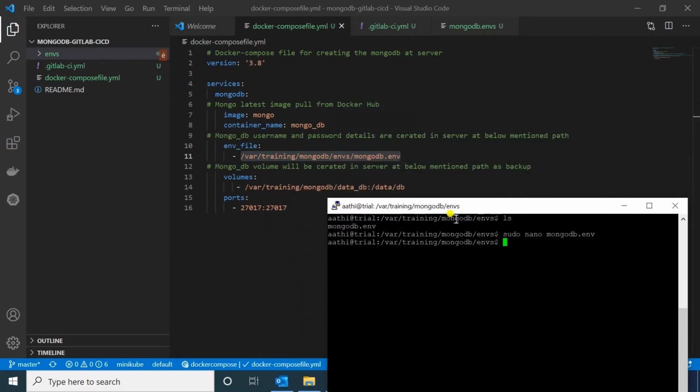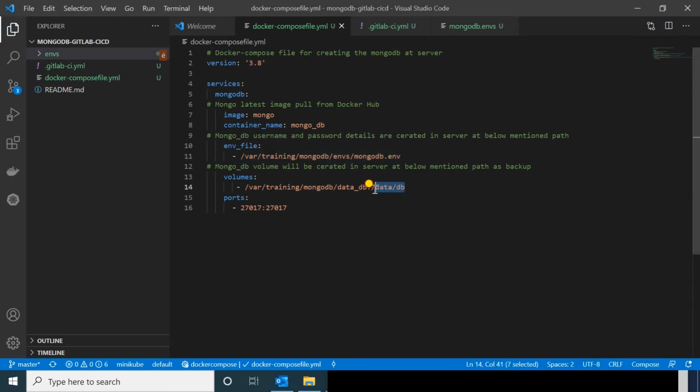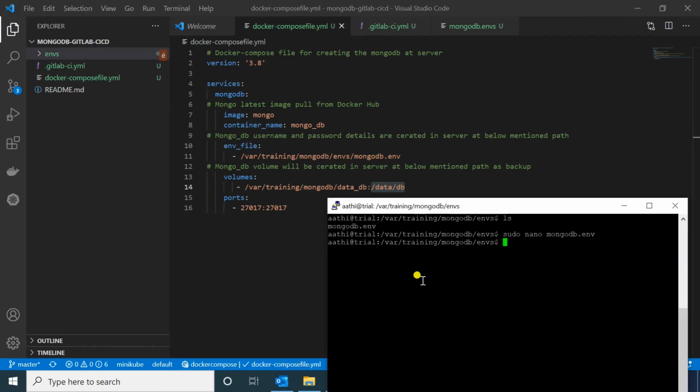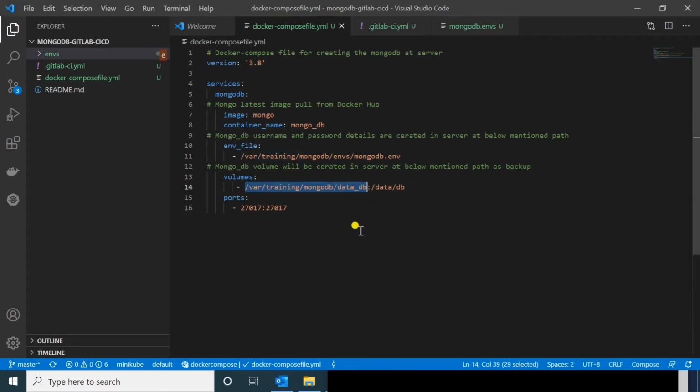Okay, and we are using one more thing called a volume. It is very important in that DB. Why? If the container crashes, the data which is available inside the container in the DB will be deleted. So we couldn't recover the collection details, like usernames, passwords and other product details which were added after it was deployed. For that, we need to have some backup. Each and every time I create a new container, those details which were already created should be retrieved. For that, we are using the data DB backup.